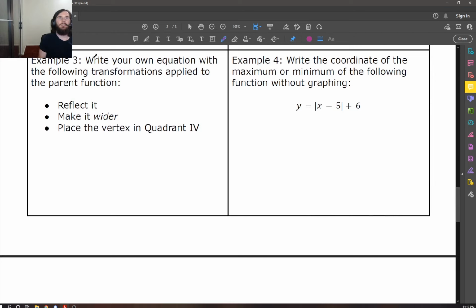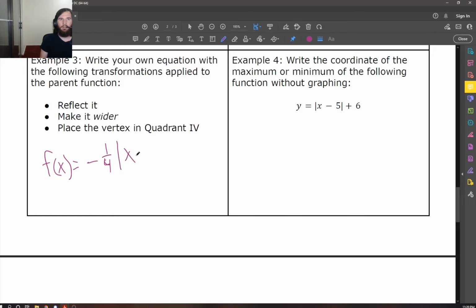And write your own equation with the following transformations applied to it: reflect it, make it wider, and place the vertex in quadrant 4. Okay. So f of x equals something negative, we're reflecting it. We got to make it wider. So that means we're multiplying by a fraction, right? So I don't know, let's do 1/4. Doesn't matter. And then place the